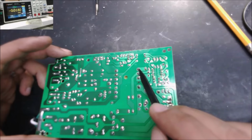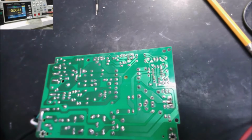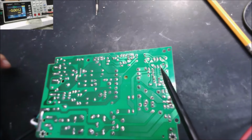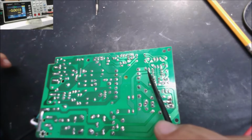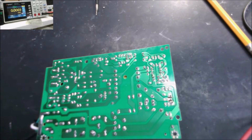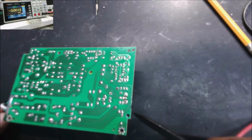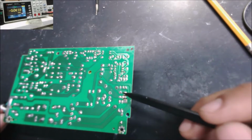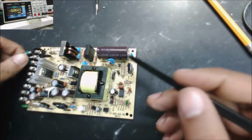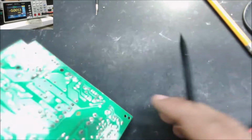And that's going to give the signal to the VCC. The VCC is going to go to the IC. The IC starts getting the voltage from the VCC and keeps going like that. But if we don't have the voltage start, the IC is not going to work. At the moment we have the voltage start, but we don't have the VCC. If we don't have the VCC, there is something wrong with the IC, something wrong with this MOSFET, or it could be the diode that's filtering the signal, the VCC voltage. It could be many things, but let's